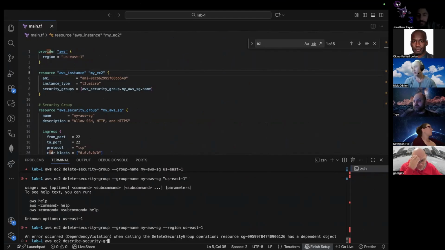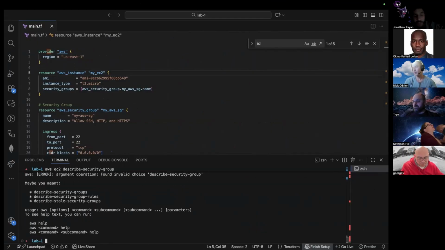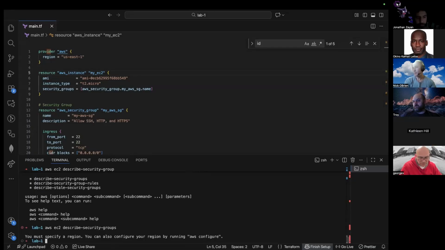How do you know all this? Well, I had made a cheat sheet earlier in the course. They're all the same though. If you have EC2, you have describe images, describe security groups. It's the same pattern. Add an S and hit enter. Oh, plural. Thank you. Yeah, it's images, security groups, VPCs.